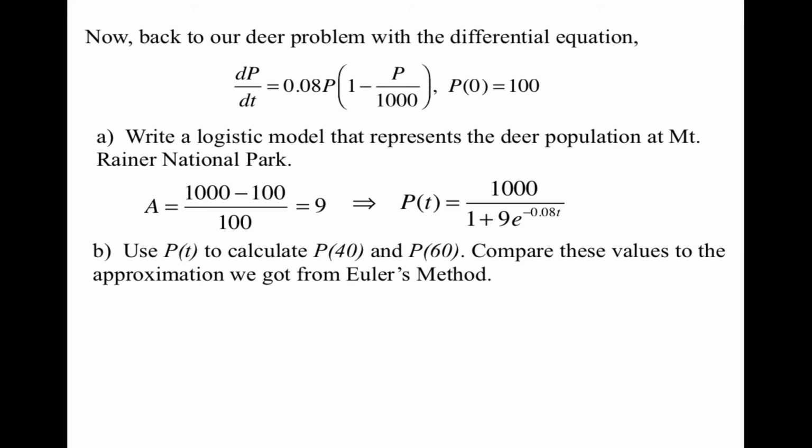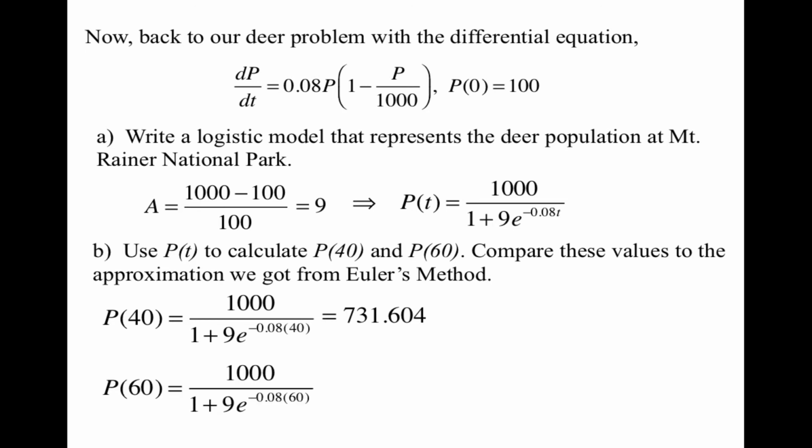Now we're going to use P of t to calculate P of 40 and P of 60 and compare these values to the approximation that we got from Euler's method. All right, so I'm going to plug 40 in for t to get 731.604. Now I'm going to plug in 60 for t to get